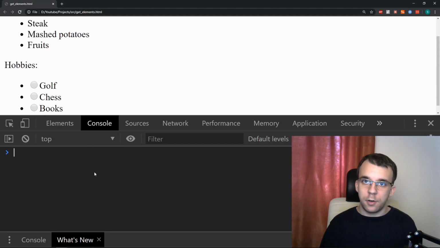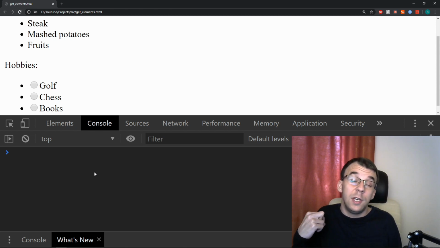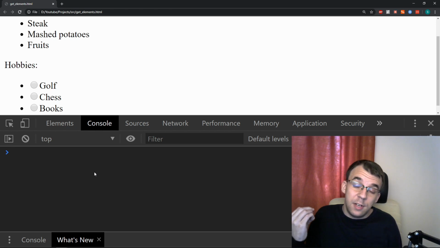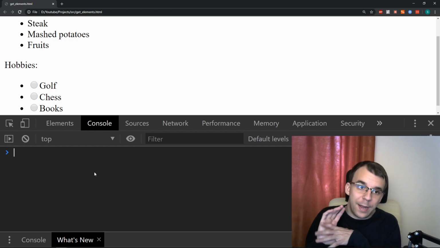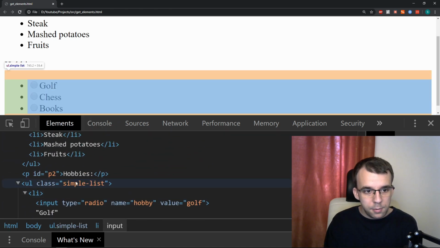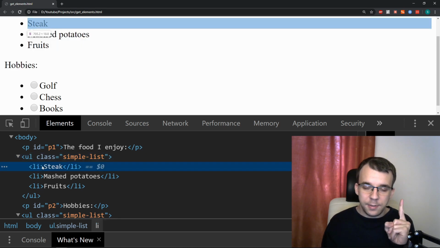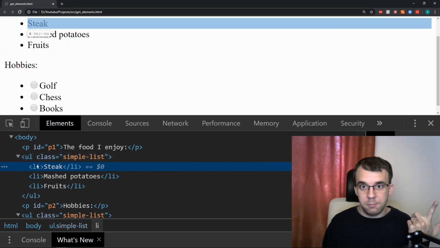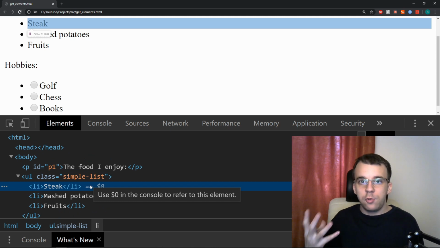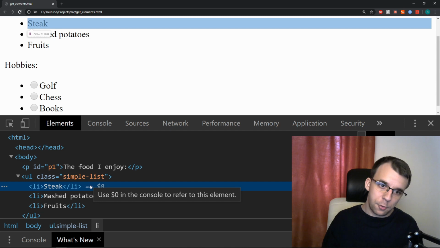Now these querySelector and querySelectorAll functions are pretty useful when it comes to selecting elements in a very complex manner. So for example, suppose I want to select something inside this list, and I want to select just the first list item from each of the lists, right? How would I go about it? Well, we can just use the querySelectorAll function and give it a proper CSS selector. So we can say here